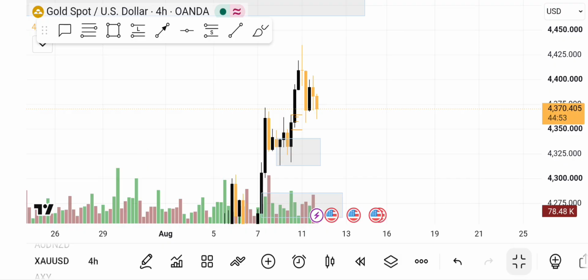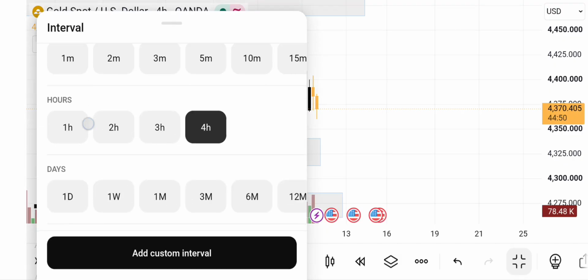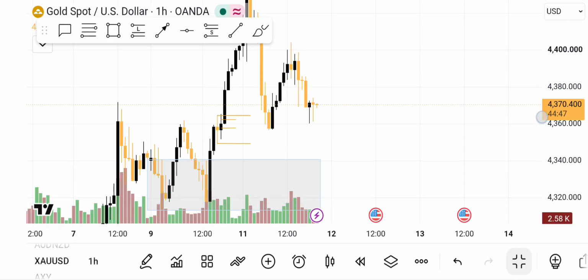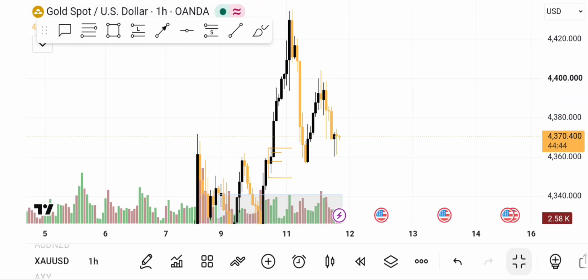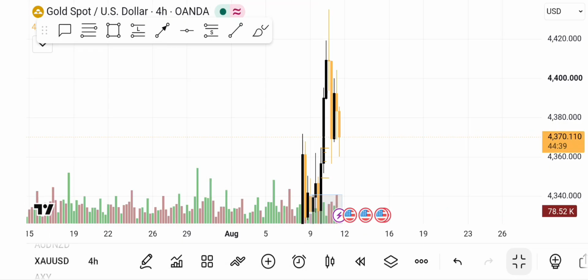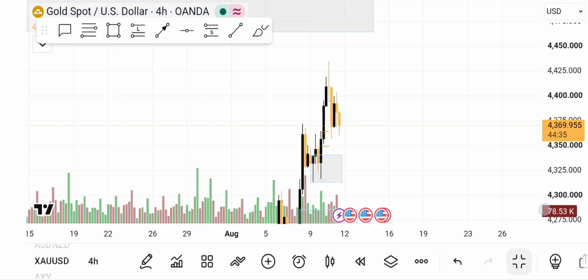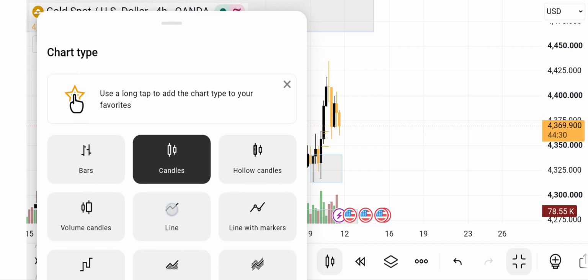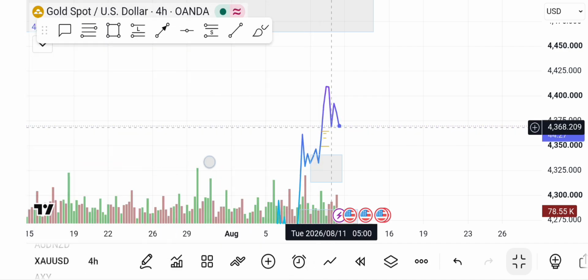So I want to wait to see what the 4 hours should do before doing anything. So if the 4 hours fails to close here, then I will consider going long again. If I see two candles did not close below here, but if a candle closes below this new low, I'm changing my